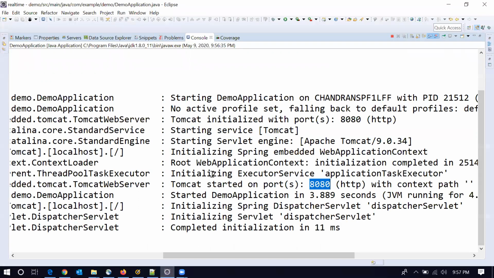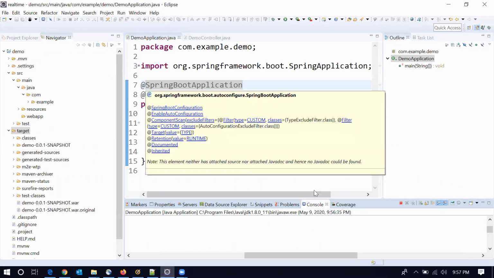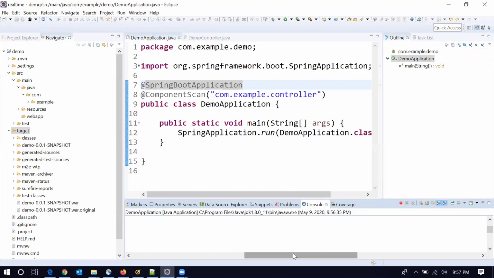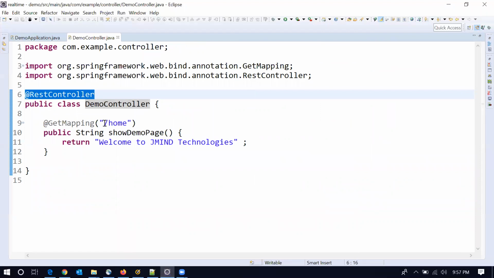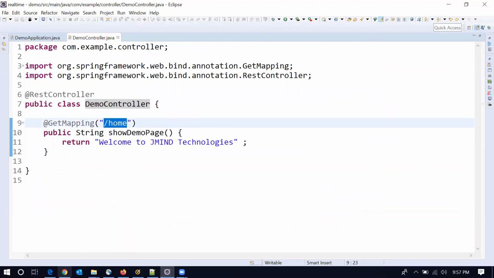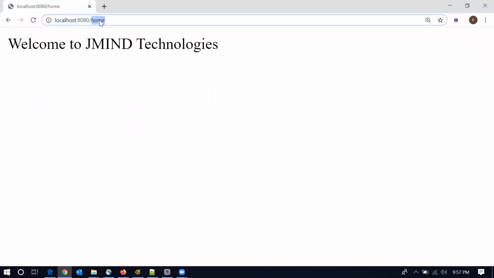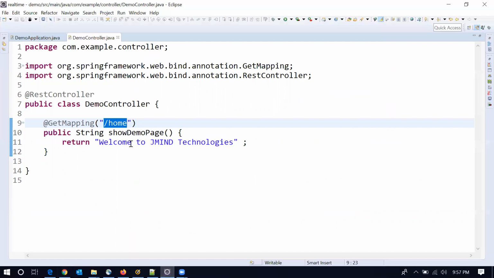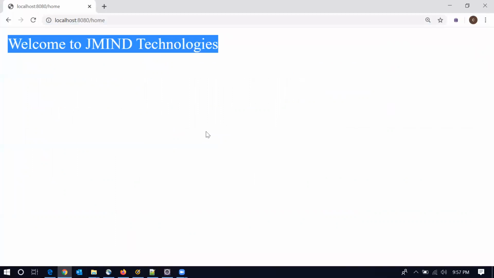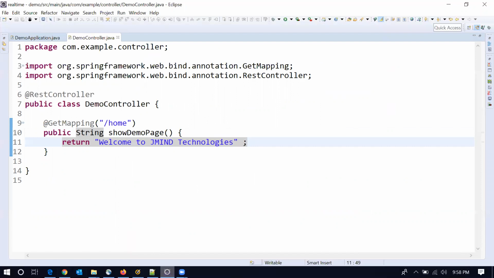Now the request has been hit because under Tomcat, there is the 8080 port number, which is the default port number. Under that, this application is running, and because my URL is /home, whenever I hit this URL, I'm able to see the output. So this method has been executed and it has written the output, and we're able to see the output in the browser. So this is as simple as doing things very easily.